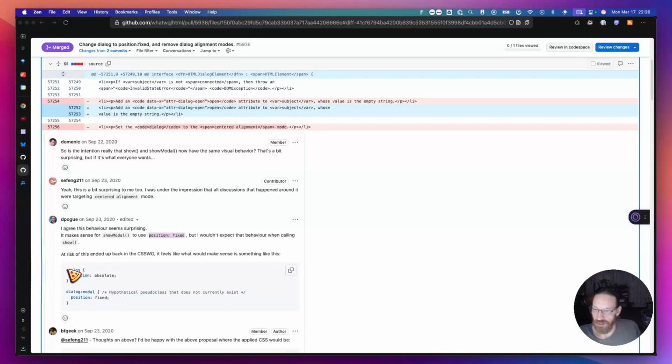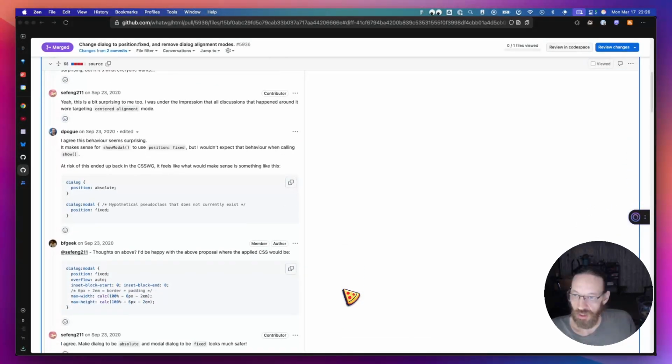So when it's a dialog, use position absolute. When it's dialog modal, hypothetical pseudo class that does not currently exist, use position fixed. So how we're positioning this changes. And then here,